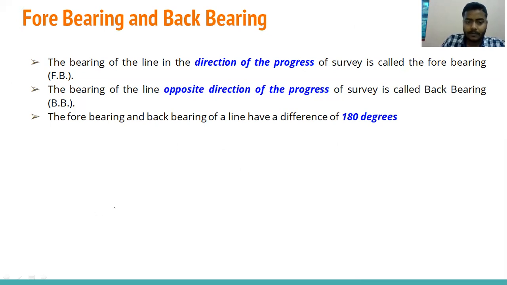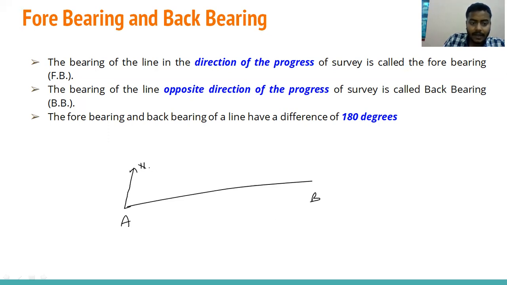Now there is some relation. There is a line A to B. There we can draw a north. That is the reference line. Here also we can draw a line north. That is reference. So suppose forebearing is alpha, and here the back bearing of line AB, progress of line like this, is beta. Now we have alpha is the forebearing and beta is the back bearing of line AB.